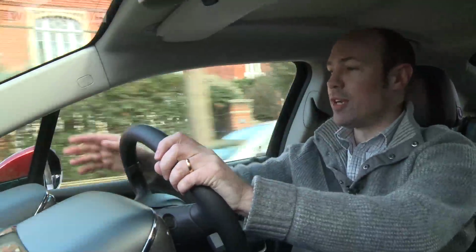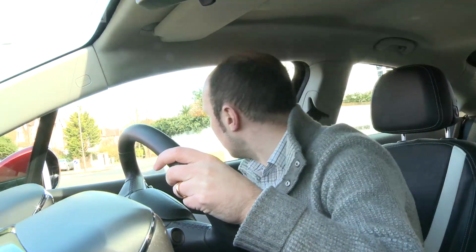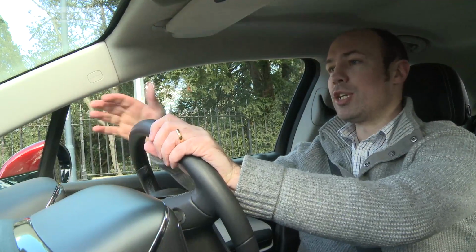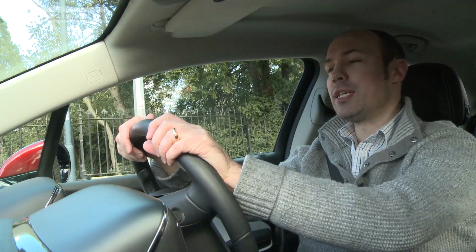One problem though I do find is the visibility right up here at the front. Because the windscreen is so sloped, these A-pillars are actually pretty thick, and at times it makes it quite difficult to spot cyclists as they're crossing your path. The lack of visibility is particularly noticeable when it's dark, when you're on the motorway, and when it's raining,